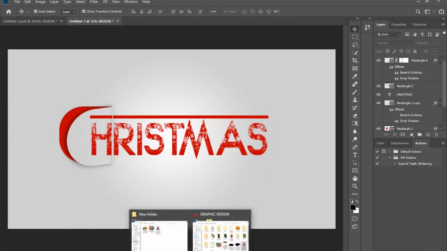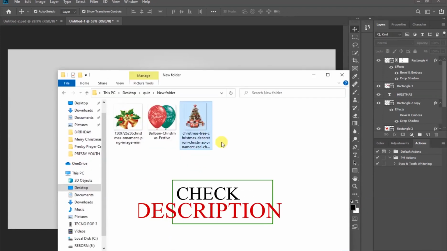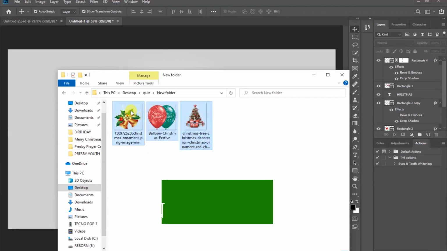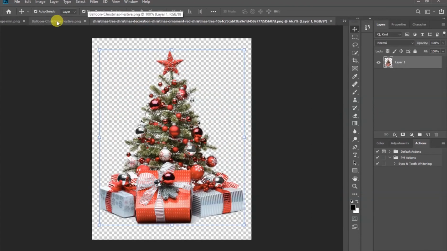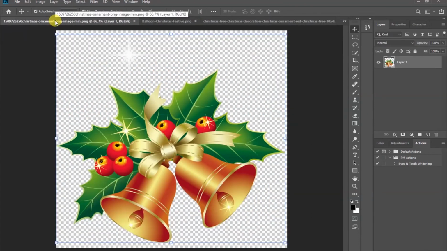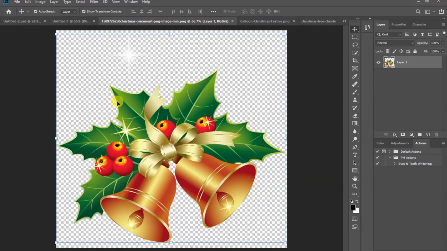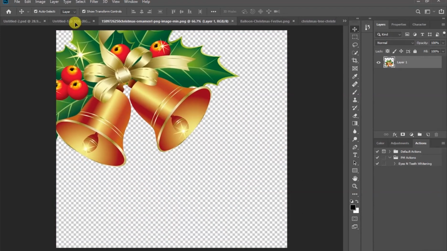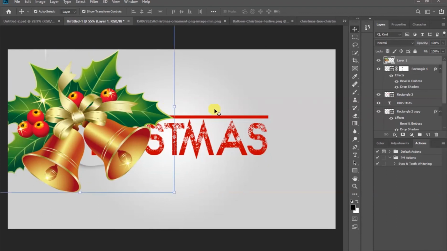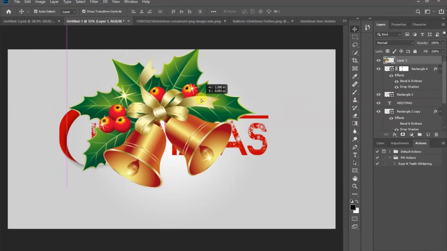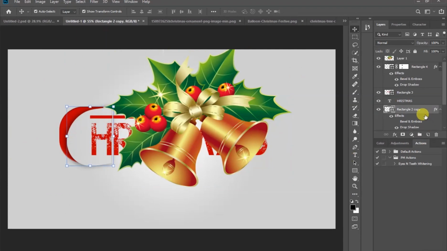It is now time to import our images. Please check below the description. The download link is there and download them. So highlight these 3 images and import them. First, let's drag and drop the bell. Put it in between the 2 shapes, that is